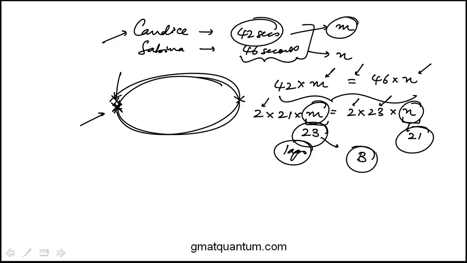Seems easy, but I don't know if most students are going to approach it like this right away. I didn't do it that way. Just so you know, sometimes this approach comes to mind only after the fact that it seems easy, but it's actually not an easy problem. So the second approach is what I did, which is to look at rates and how much Sabrina is gaining